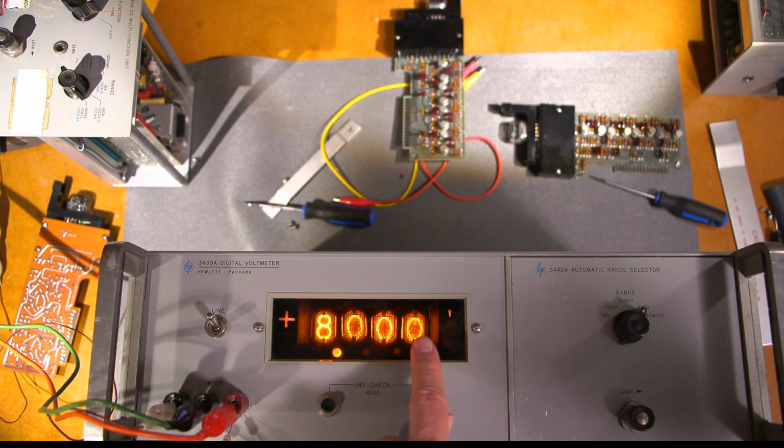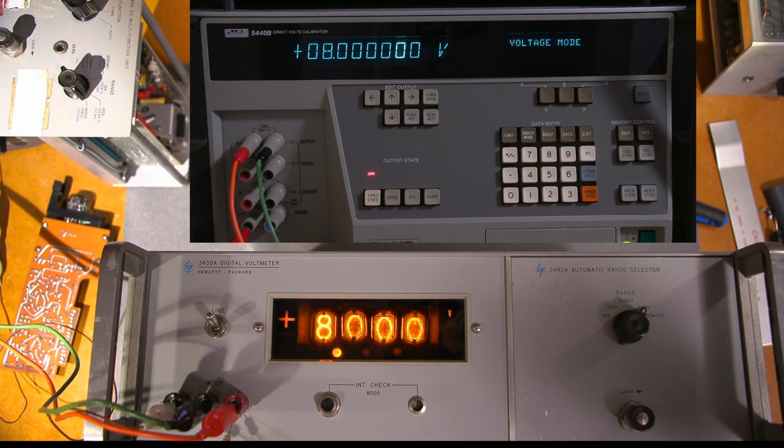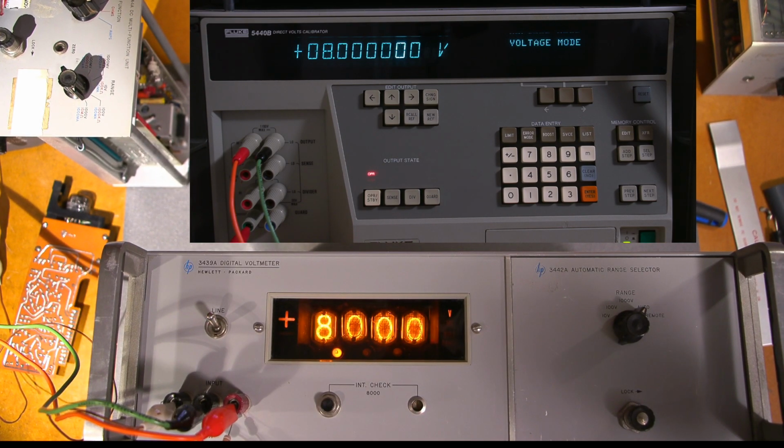At any rate, you're going to notice this digit's going to probably move because the temp is changing. The bottom and the top are both off right now. Alright, so if you take a look in this upper corner up here, you'll see the standard is up there, and it's at 8 volts right now, and that's reading this 8 volts right here. So what I'll do now is I'll go to 80 volts. So I'll go 80,